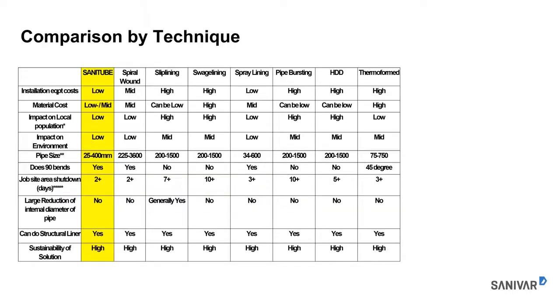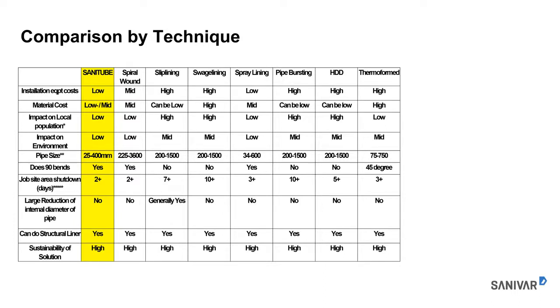And again, in terms of comparisons by technique, just an indicator here of where Sanivar sits. I know there is an actual error on that 25 mil to 400 mil. As I said, it's 80 to 400 mil, but it does compare favourably against other pipe refurbishment techniques in general. Copies of this slide are available if you want to contact me afterwards, to take away. And I know that the session is also being recorded, and presumably the presentation will be available from Pump Centre afterwards.